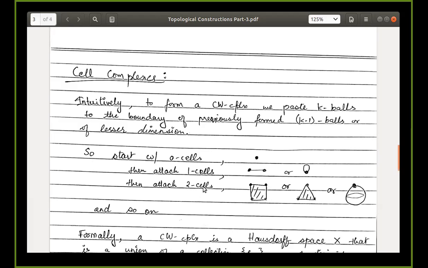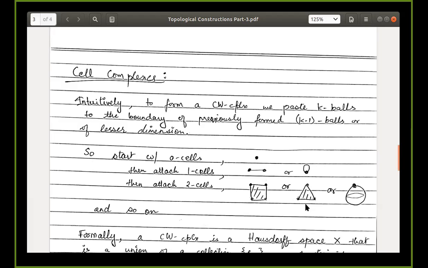A 2 cell is nothing but a flat piece of paper and you attach that here. So in some sense you just fill it up. Or there were, let's say, 3 1 cells attached in this fashion, forming a hollow triangle, and you attached a 2 cell identifying its boundary with these 1 cells